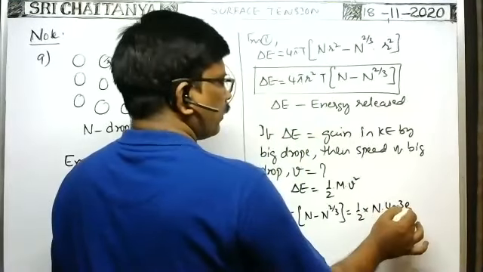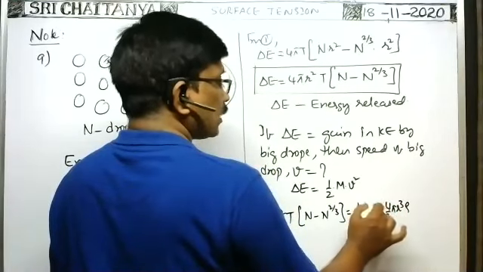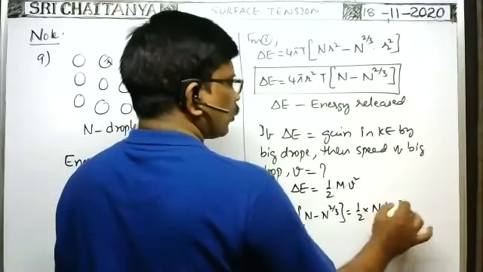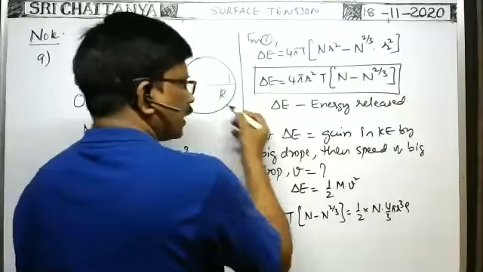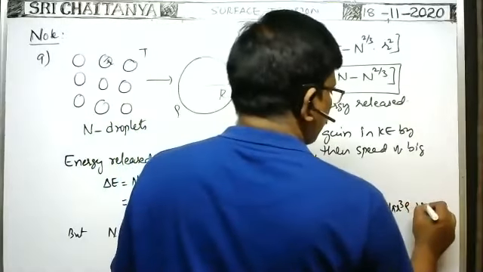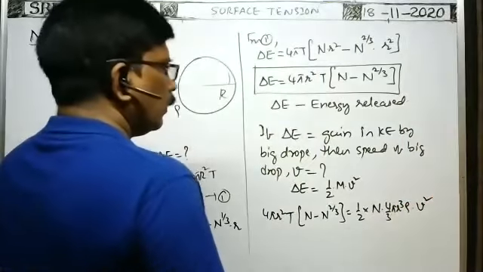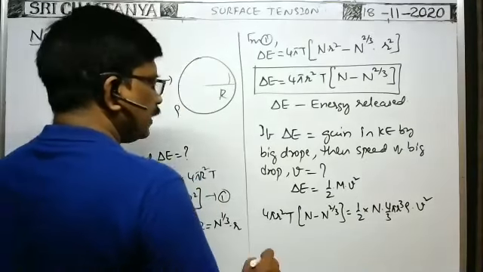So it is the mass of small drop. N small drops are there, so n into this one. It is the total mass of n drops, which is equal to mass of the big drop into speed square, so v square. Okay, therefore, from this v is equal to